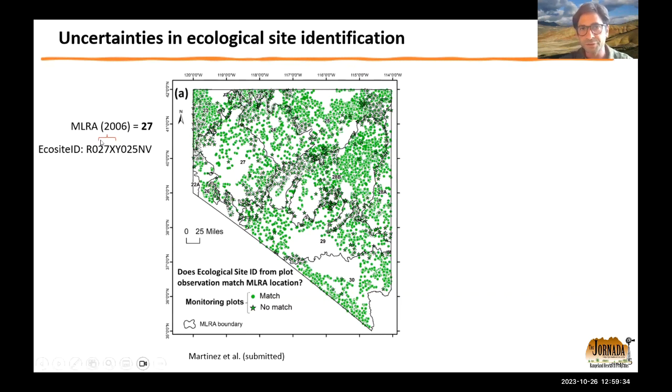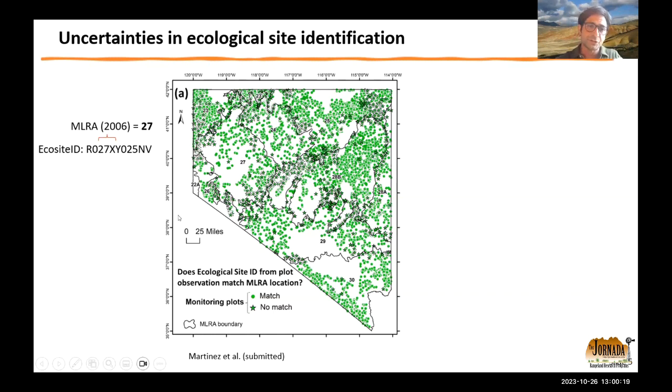So here we have the ecological site ID. Everyone probably is more familiar than me with ecological site IDs, but an ecological site ID is a sequence of letters and numbers. So here we have the letter R, which stands for rangeland, and then we have these numbers that we can trace back to the MLRA of the ecological site concept. So the concepts of ecological sites are developed for specific MLRAs. In this case, the ecological site ID shows that the concept at least was developed for MLRA 27, which falls in Nevada. So here we have a map of Nevada state.